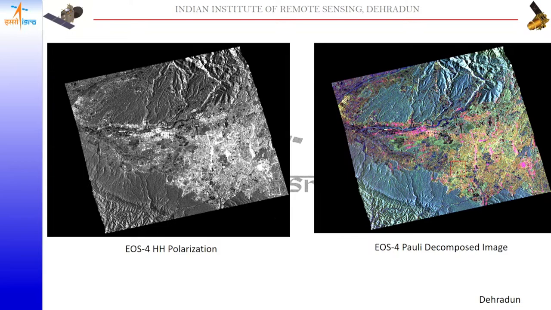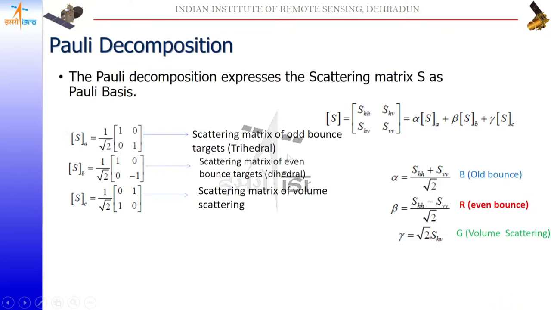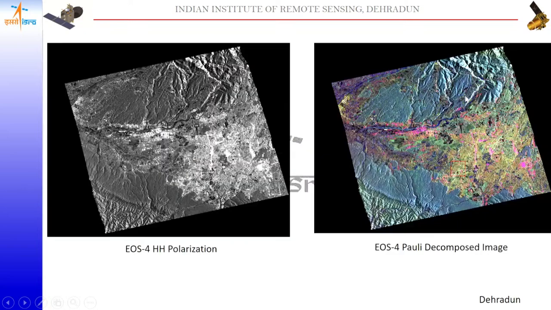For the distributed target, we can apply further methods like Yamaguchi and H alpha decomposition, so that we can do classification. But for the example, we have taken an EOS4 image and the poly decomposed image. We just calculated these three terms and put them in the RGB scale,